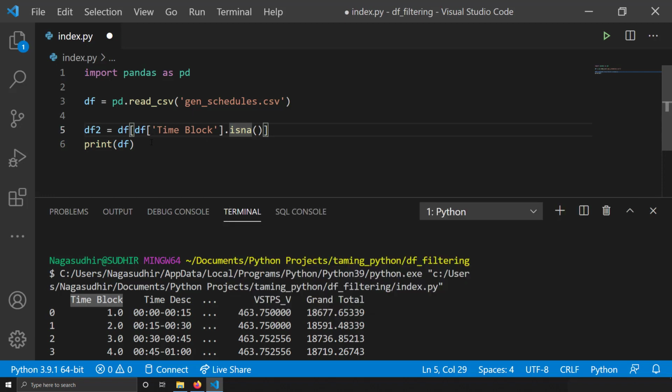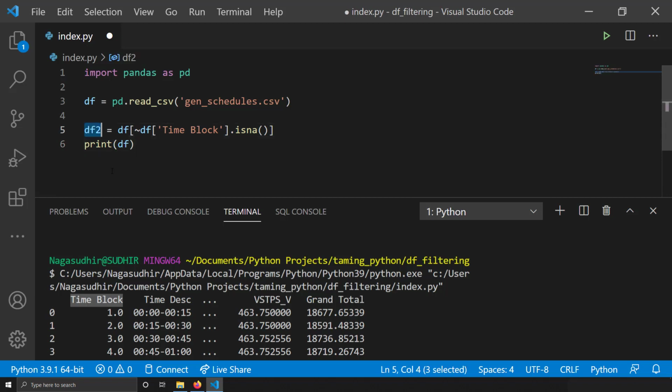I want to filter out NA, so I will give a negation operator. This is a Boolean operator, by the way, and since it's just a list of Trues and Falses, you have to give Boolean negation, and this is the symbol of Boolean negation in Python. So I'm filtering out the rows which are NaN, and I'm giving a negation to that. That means I'm filtering out the rows which are not NaN.